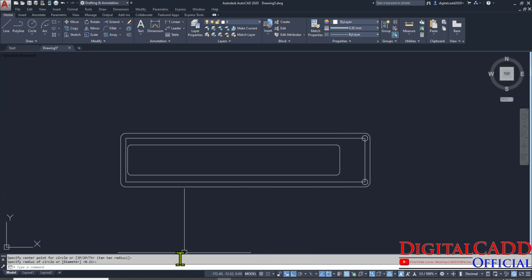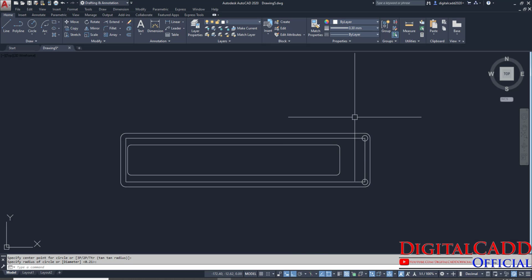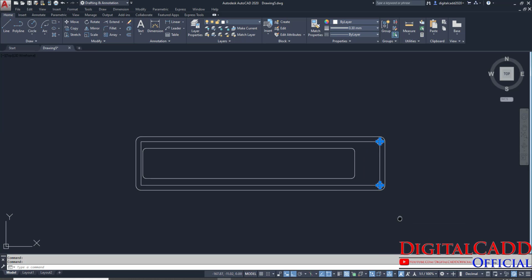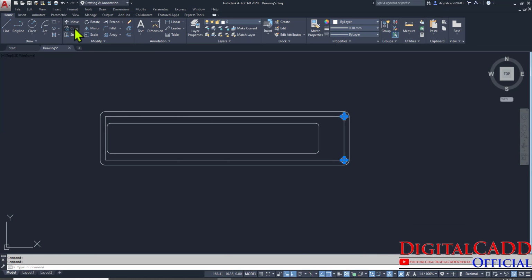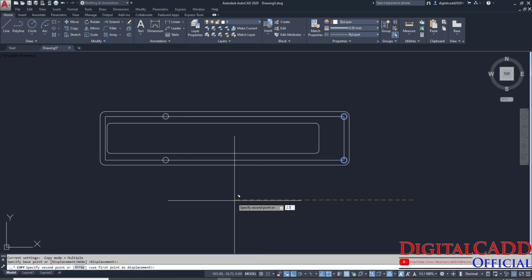Now we are going to copy all these circles. And how could we do that? First of all, select these two circles, go to copy command, specify the base point. Anywhere we can click, you can see in this direction or in this direction. We need in this direction, so specify the direction and just type the values 2.5, enter,